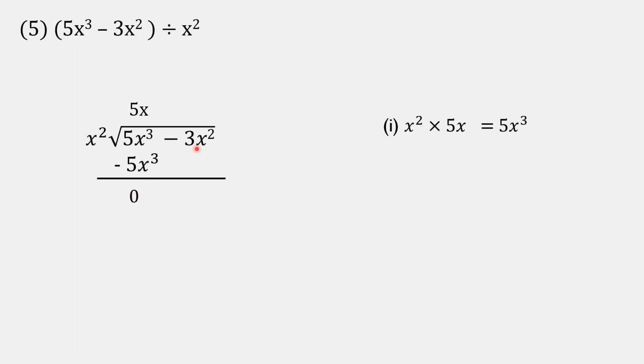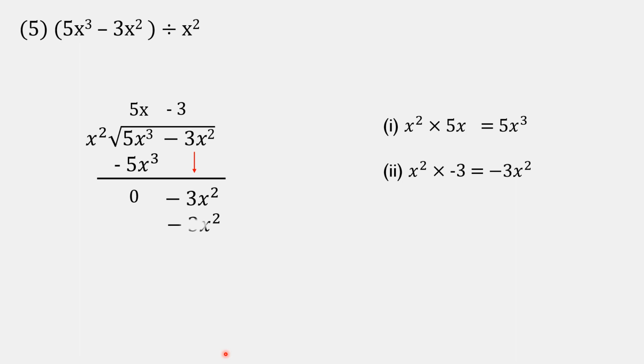Now one more term is there, that is minus 3x square. Let's bring it down. We'll write below this minus 3x square. Now students, what do you need to multiply with x square so that you get minus 3x square? Let's do it in our rough work. That is x square into minus 3, you'll get minus 3x square. So you just need to multiply minus 3. This you'll write in your quotient part. So let's write minus 3 over here.